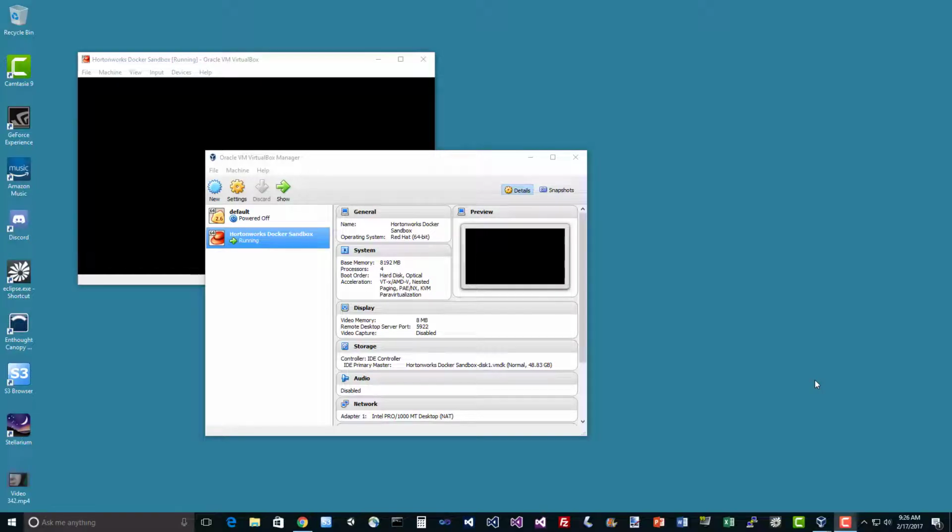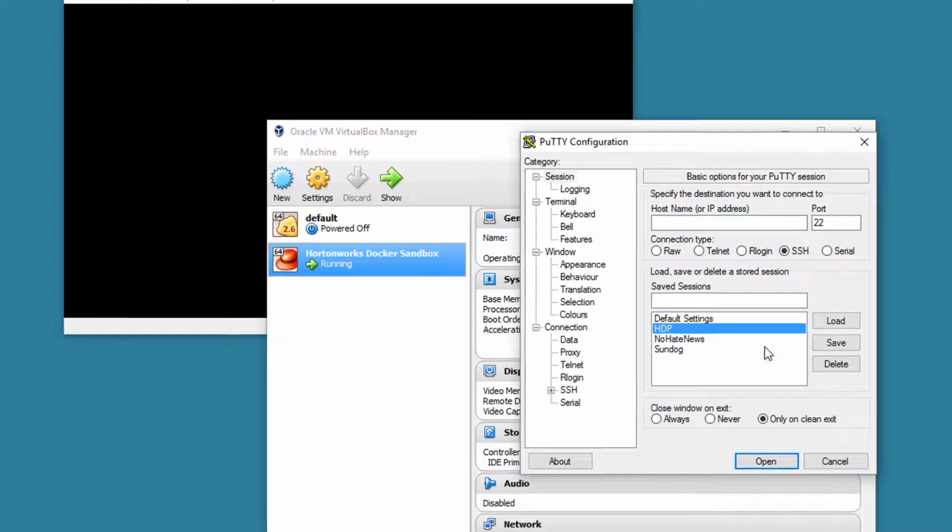So let's mess around with Flink. I've already kicked off my VirtualBox here for the Hortonworks sandbox, as always. So first thing we'll do is log into it with SSH,